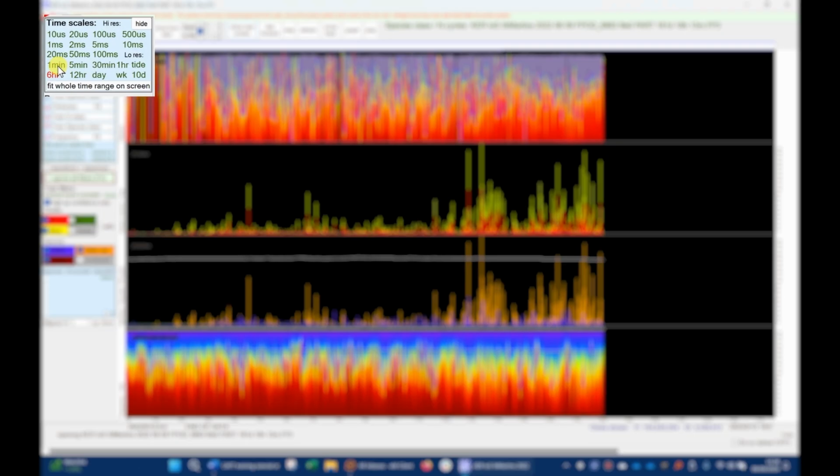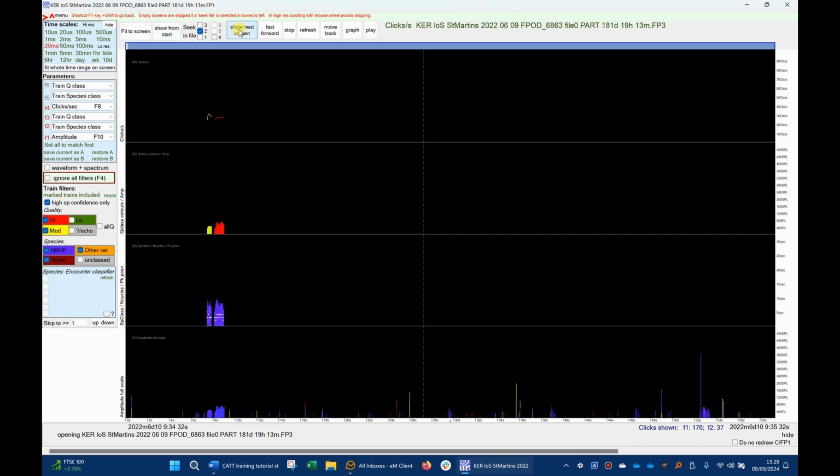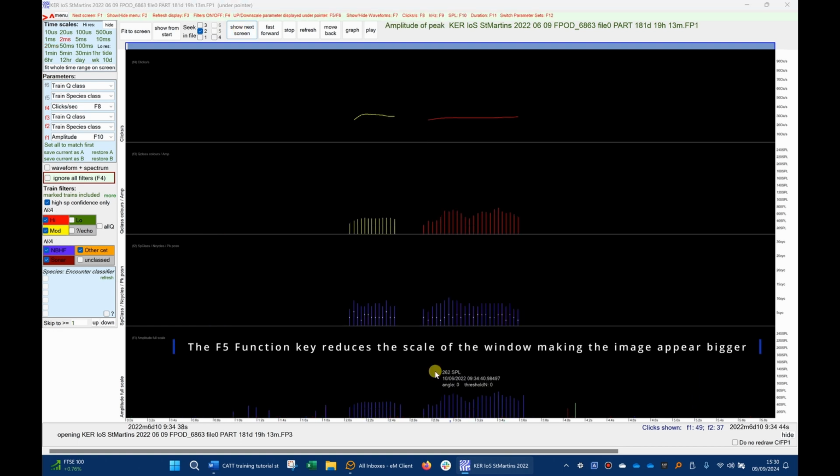One way to zoom in is to click directly on the timescale. So we go to 20 milliseconds here and show from start. We'll see the same panels but we're zoomed right in. So using the show next screen, we can look at a click train in detail, and I can use the